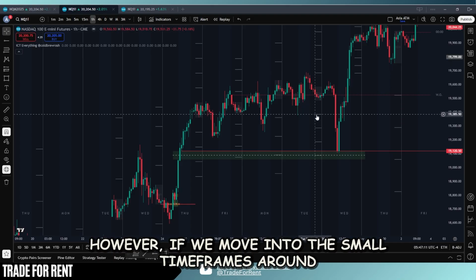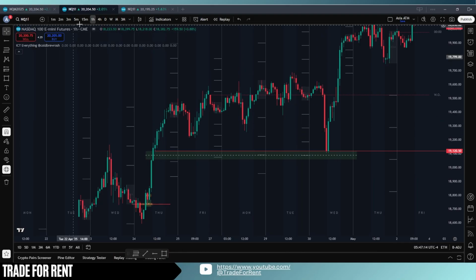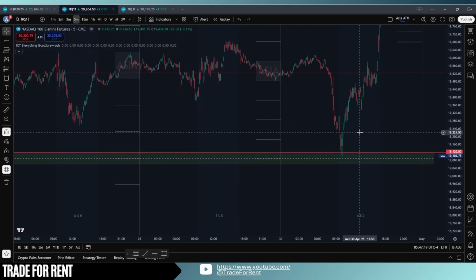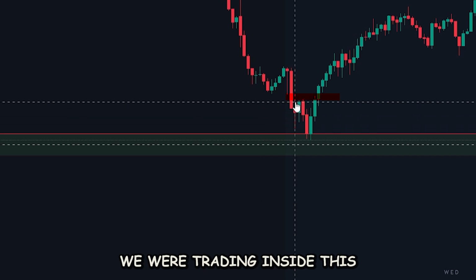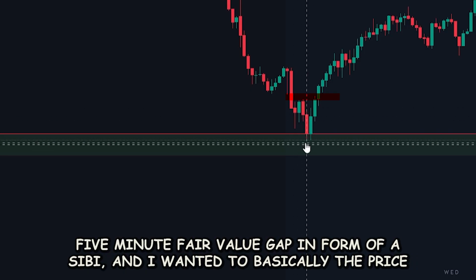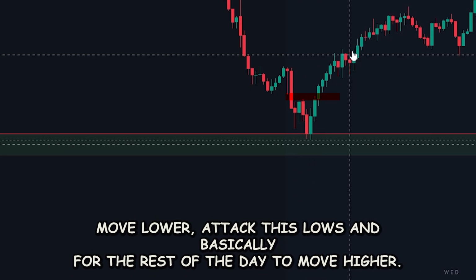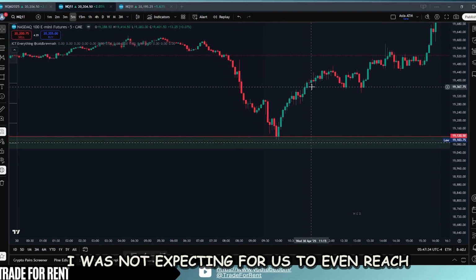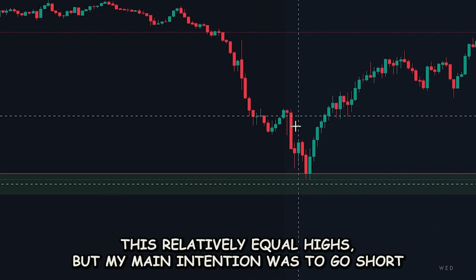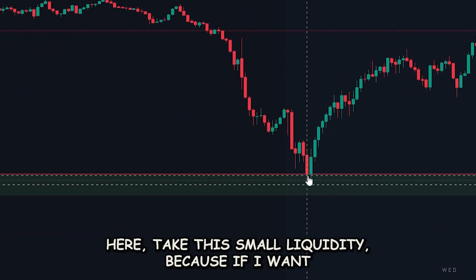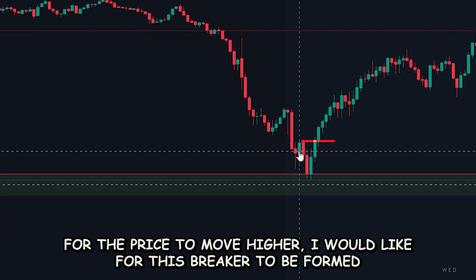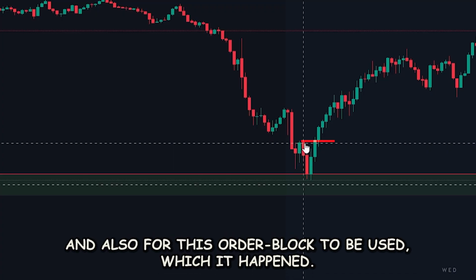However, if we move into the smaller time frames at around 9:50 before the news were about to hit, we were trading inside this 5-minute fair value gap in form of a CB, and I wanted basically the price to move lower, attack these lows, and basically for the rest of the day to move higher. I was not expecting for us to even reach these relative equal highs, but my main intention was to go short here, take this small liquidity, because if I want for the price to move higher, I would like for this breaker to be formed and also for this order block to be used, which it happened, but that was